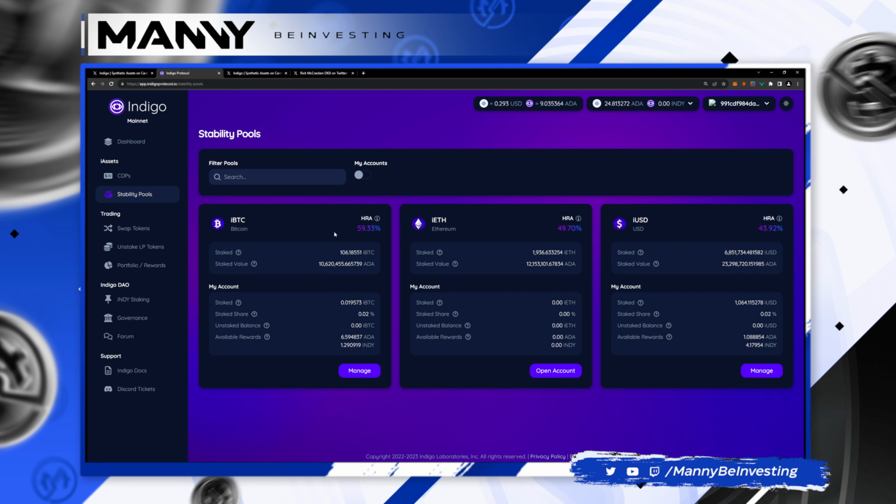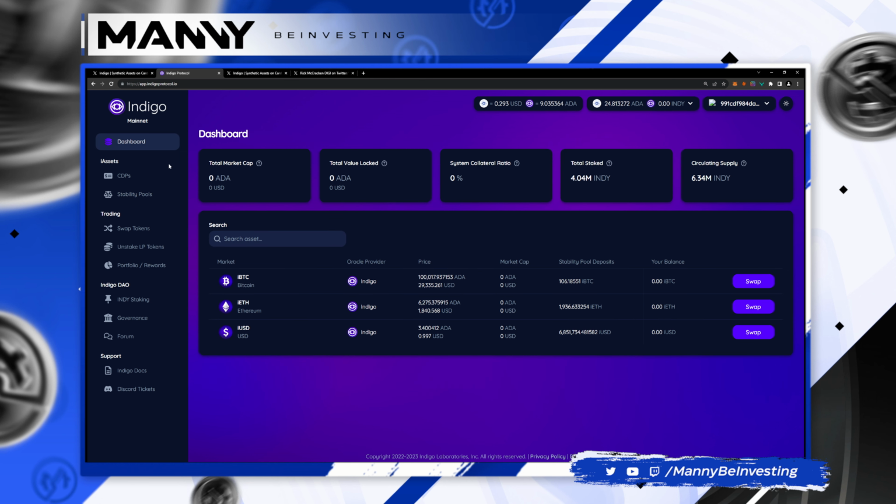So what are we looking at right now? Well, we've had some things happen. We've got a lot of different features going on, but we'll get into a deep dive in a little bit here. So we've got the dashboard. It is very close to what it used to be, but there are some additional details. We've got the price of Indigo up there now. Very cool. We have our ADA and Indy tokens available. Little drop down here. You have your iAsset balance, if you have any iAssets,